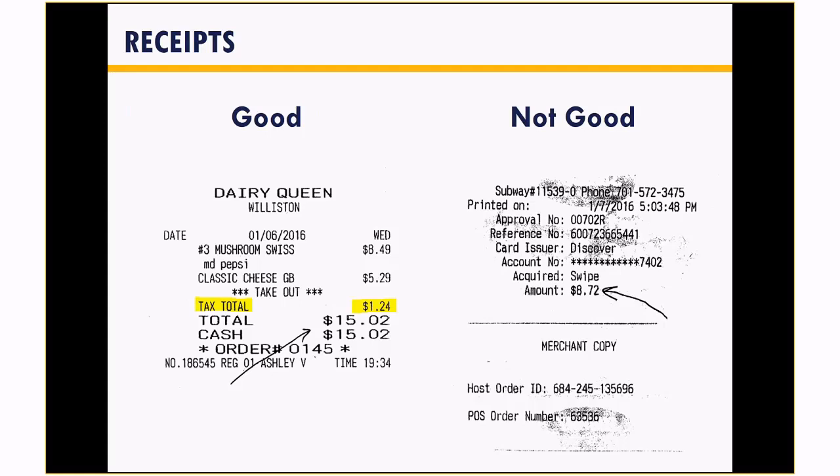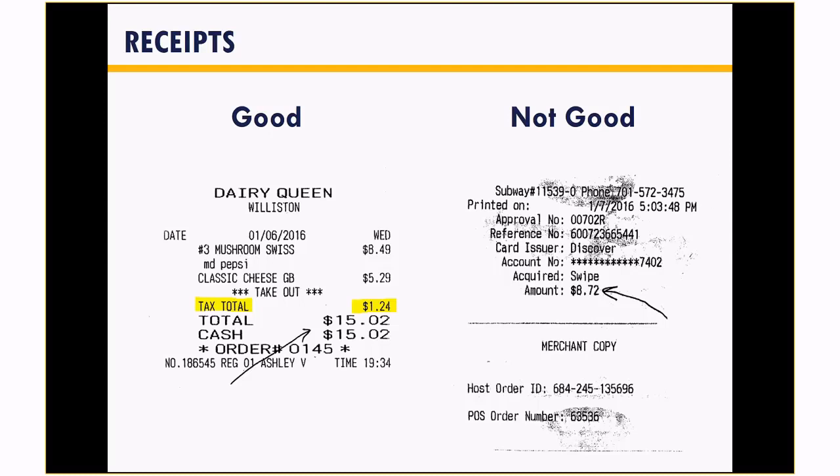The auditor will accept the Dairy Queen invoice, because this has a tax total line on it. The auditor will not accept the Subway invoice because it's just merely a record of the transaction. That $8.72 could have been a drink glass. It could have been some novelty item. And they may not have charged tax. The auditor does not know. They do not have a choice. Our $8.72 will end up on the audit.